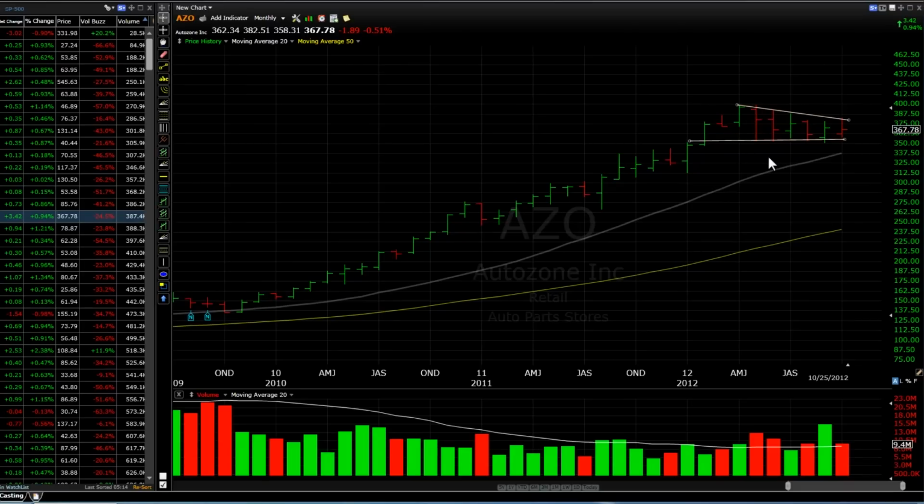So if you're looking at monthly support, it's a lot stronger than if you're looking at a weekly support, and a weekly support is stronger than a daily support, and a daily support would be a lot stronger than, let's say, a 10-minute or a 5-minute chart support. So watch those key levels and change the time view so you can really see and hone in on the different support and resistance levels.